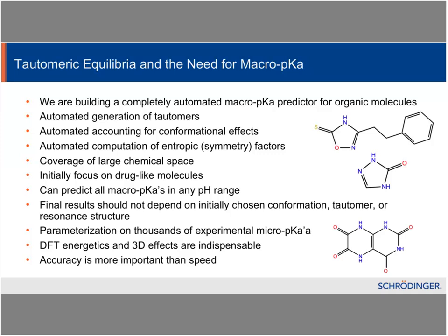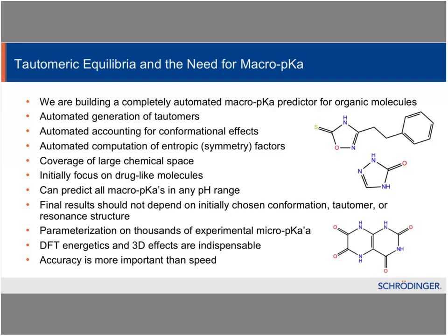So we only need to compute a protonation channel once, and then we account for the symmetry automatically. We do perform large coverage of chemical space, so we cover all kinds of functional groups. Our approach works on all kinds of heterocycles, all kinds of functional groups, not just, let's say, amines or thiols